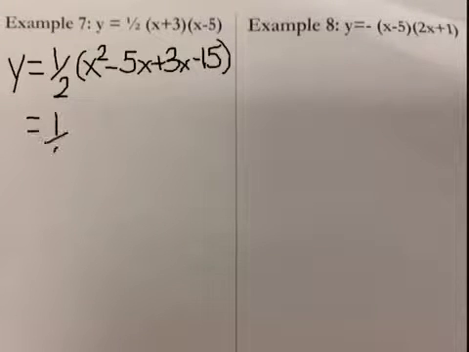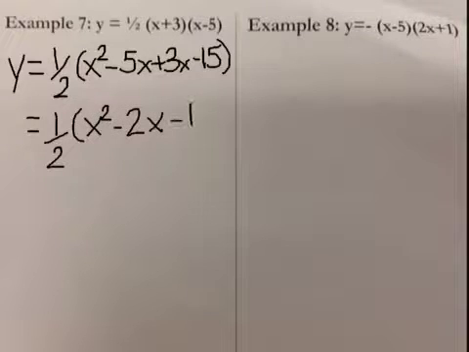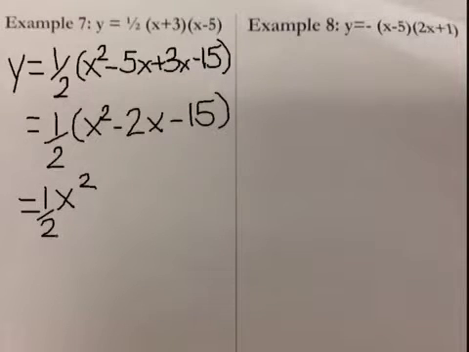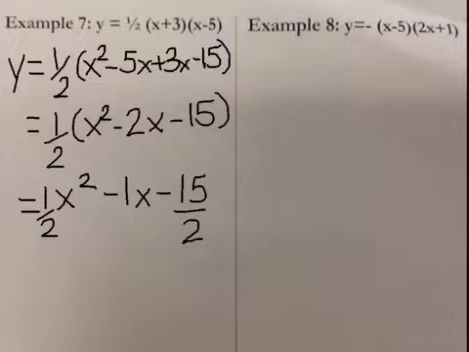So that's going to be 1/2 times x squared minus 2x minus 15, which equals x squared over 2, or 1/2 x squared, minus 1x minus 15 over 2. It's in standard form. We're going to do this example. So we're going to have y equals,